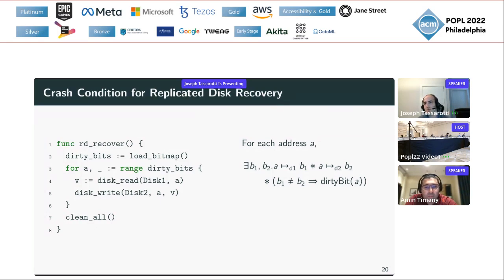And this is idempotent because we're conservatively saying, if they don't match, it definitely has to be marked. So if we partially do some recovery, like we get halfway through the addresses and then a crash happens again, that's okay, because we're not saying only the out of sync addresses are marked as dirty. We're just saying if they don't match, then they have to be marked.